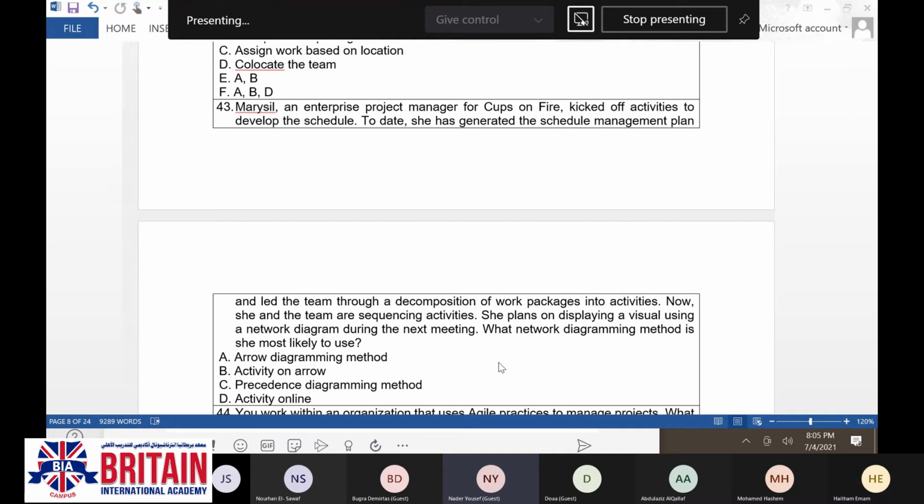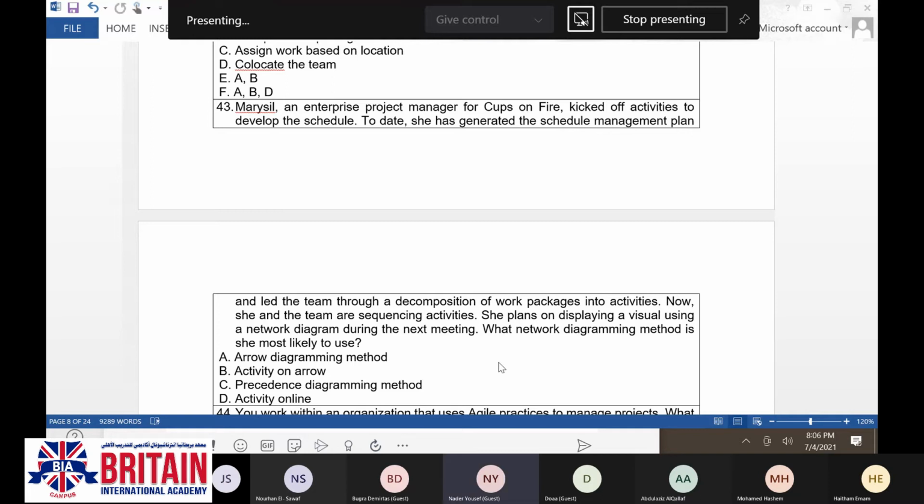She plans on displaying a visual using a network diagram during the next meeting. What network diagram method is she most likely to use? Arrow diagram method, activity on arrow, precedence diagramming method, activity on node.